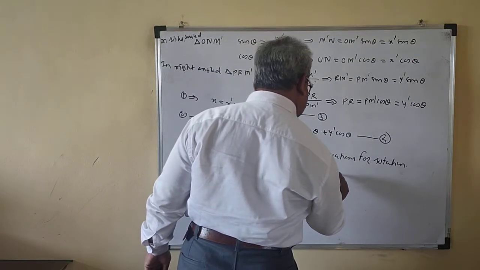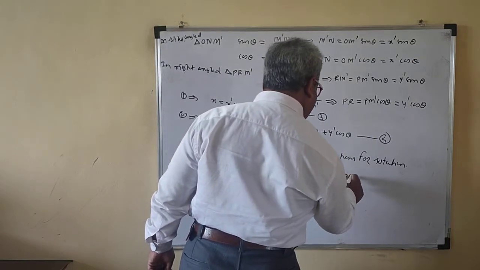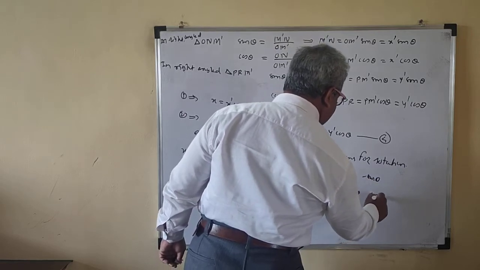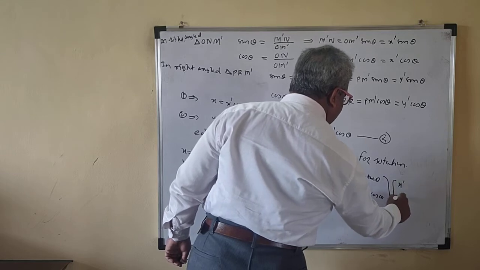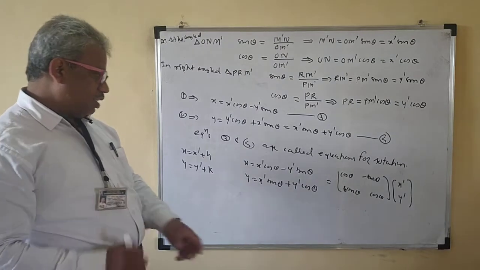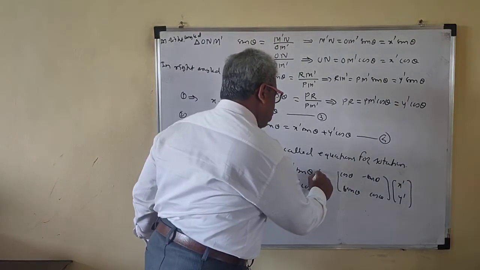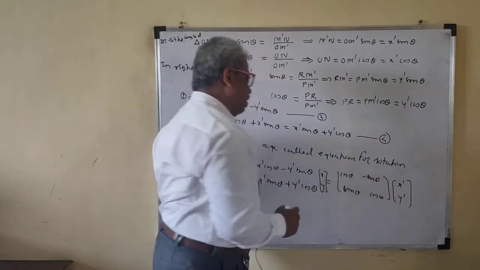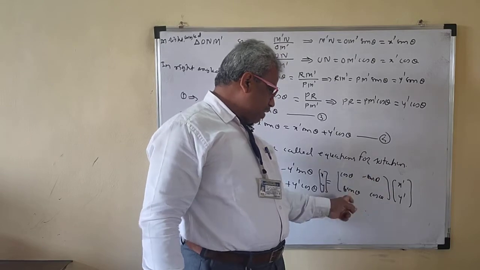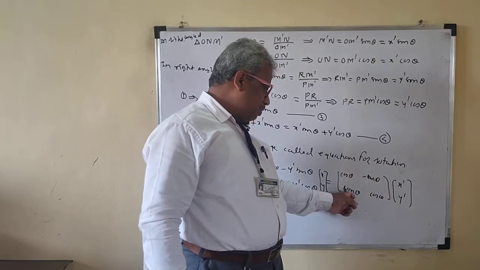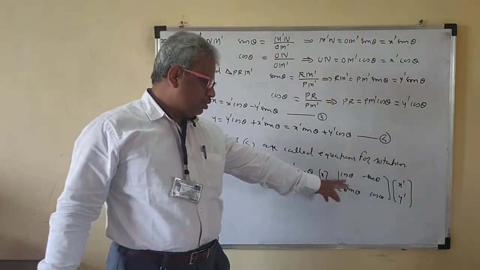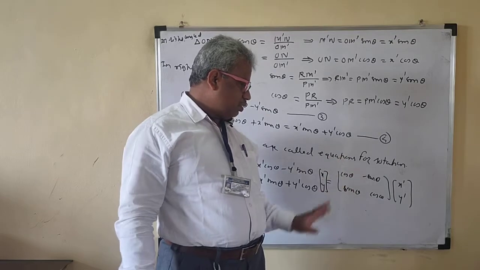Okay. So this is just like this. Let us check this. This is cos theta, minus sin theta, cos theta into x prime y prime. Okay. So this is also written like this. So that means your x y you may write in matrix form as x y is equal to x prime cos theta minus y prime sin theta, x prime sin theta plus y prime cos theta. Okay. So x y is equal to this. See that the determinant of this matrix is 1 now.